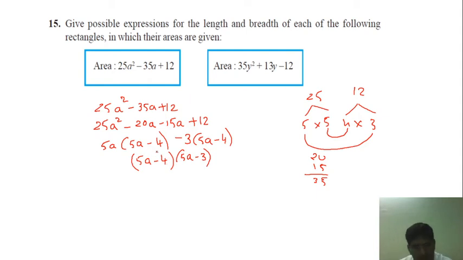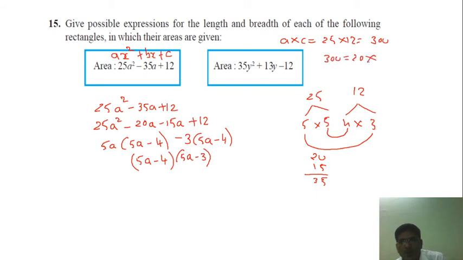So you already did this in 9th and 8th, but it's again here with big terms. So here it is a standard form of quadratic equation. First step, a multiplied by c. So 25 into 12 is 300. Factor of 300 is also 20 into 15. So we can get the answer. But it is better that we make a factor of 25, make a factor of 12, then multiply and add, because the middle term is minus and the last term is plus, so both factors will be minus.